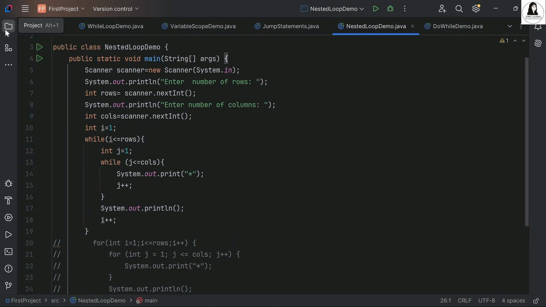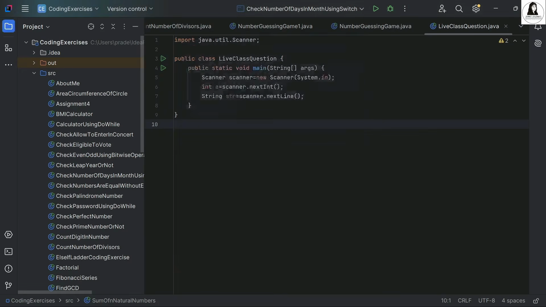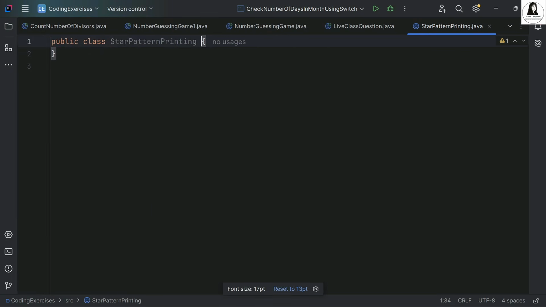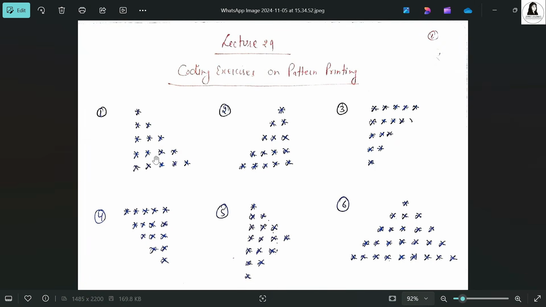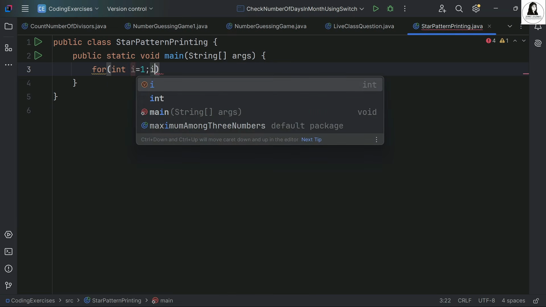Okay, so we are doing the coding exercises in another project, named coding exercises. Let's open this project and create a new Java class, called star pattern printing. Here we will write all the star pattern programs. First is the simplest one, the first pattern we are printing. So we have figured it out. The outer loop should run from i equal to 1 till, suppose,